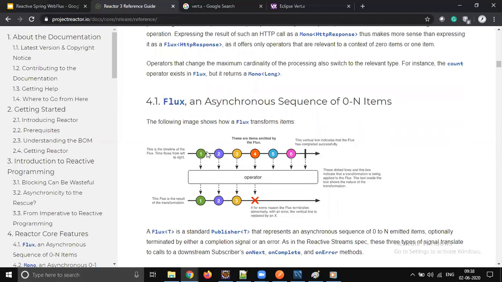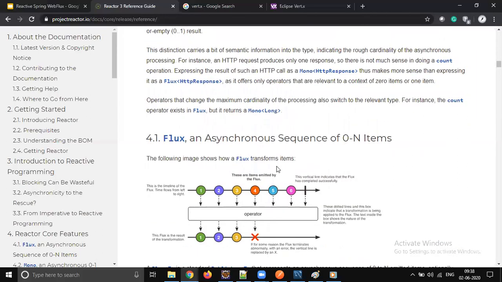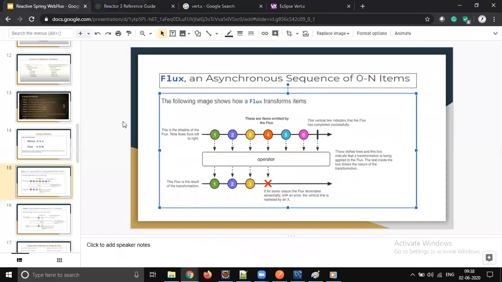There is one nice app to play with these marbles and learn Flux and Mono. So how the model works, how we can learn it. But before that, we should understand the basics, right? What is the first line, what is the second line, and what is this operator? I will cover a couple of examples later. We will come back to this diagram. At that time you will understand what the first line and the second line are, and what that operator is meant to be.